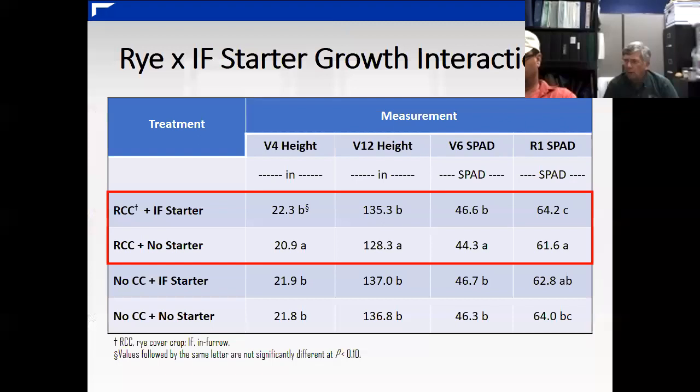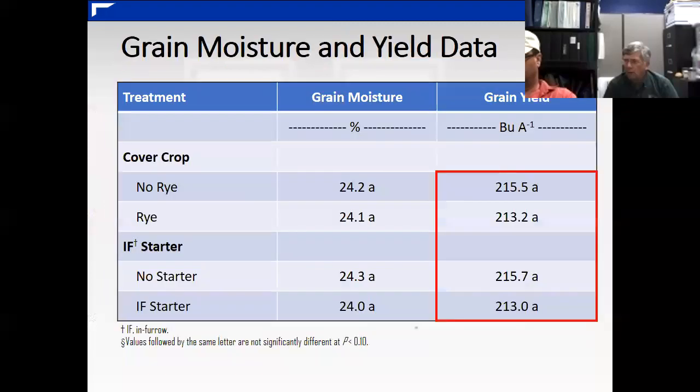So although we are seeing delayed emergence and emergence issues with that starter, based on this table it's also helping plant growth. Without that starter, there is some stress going on, even with as small as that cover crop was. And that in-furrow starter is tending to help the corn plant with some of that early season stress. So although we saw interactions with the agronomically optimum seeding rate, as well as plant growth and plant greenness interactions throughout the season,